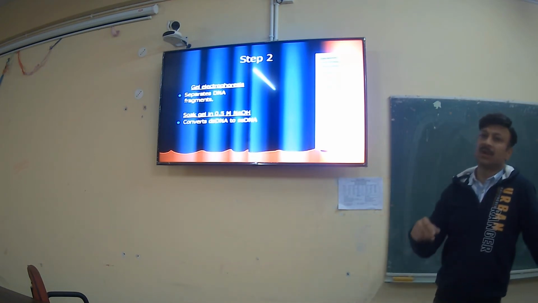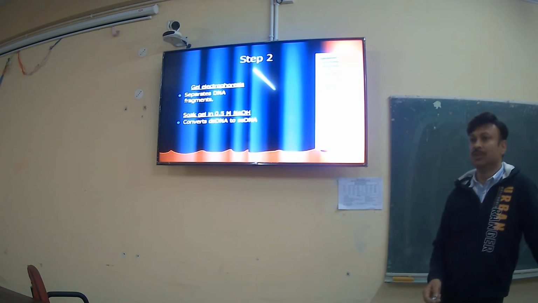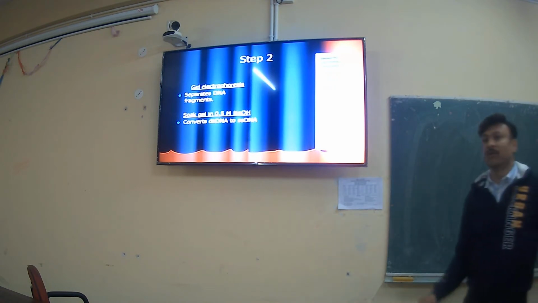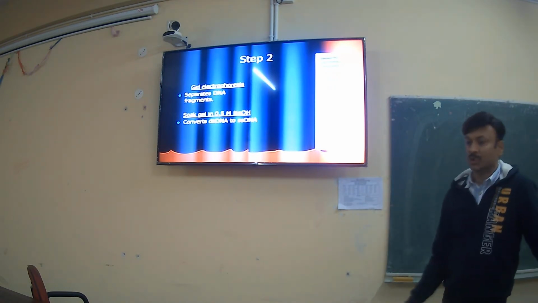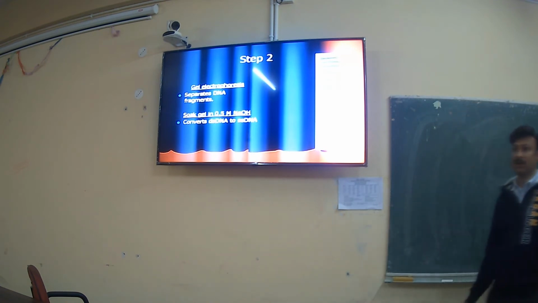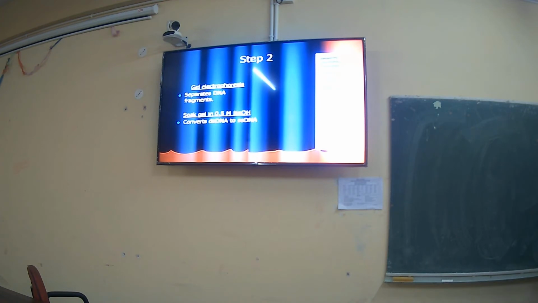So commonly the percentage of gel we use will be 1 to 2%. Okay, that is much more efficient to separate DNA fragments of 5 kb to 10 kb. So first we find out the fragment, and according to this fragment, we choose the agarose gel, and that agarose gel has a certain percentage, and this certain percentage is required to separate out the DNA fragments.